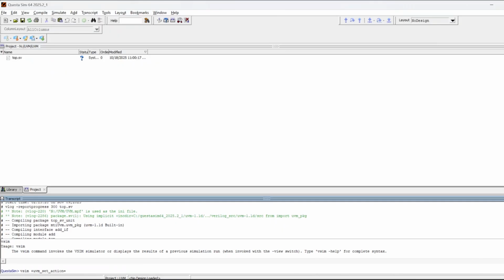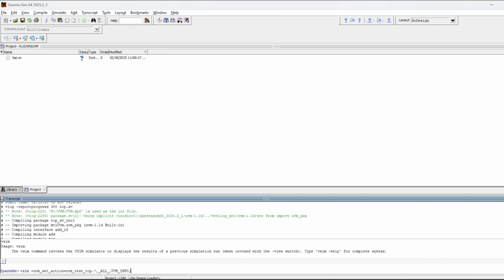The very first argument is going to be the hierarchical reference which you are targeting. Let's say anything under UVM test top should be targeted. Then the second argument is going to be the ID. We could just simply write all, which will target all the hierarchy, all the IDs globally. And the third argument is going to be the targeted severity. So let's say we are targeting UVM info,